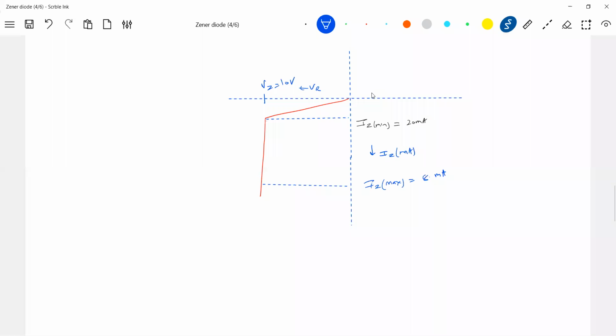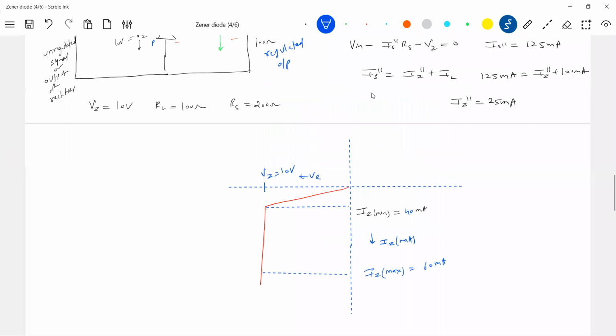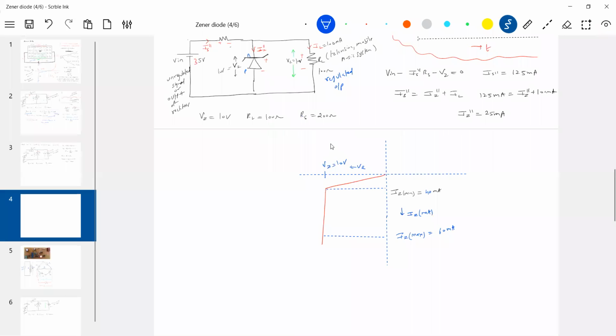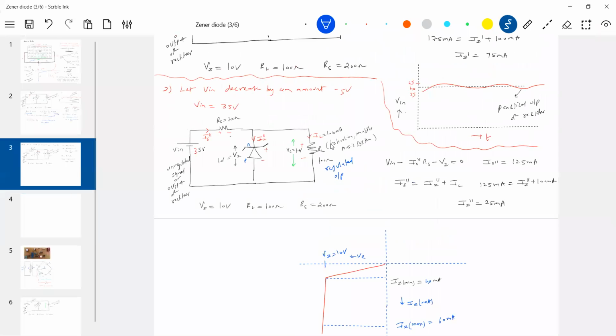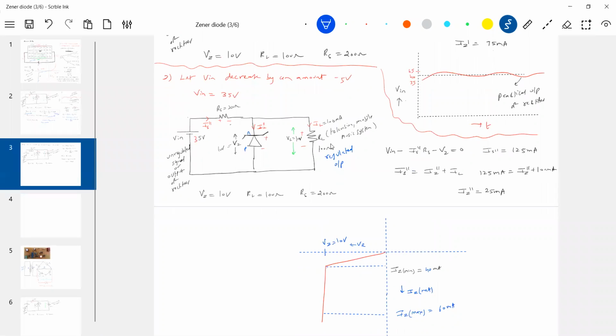Now, if you operate the Zener diode anywhere here, I think so. If you operate the Zener diode in this region, it can cope. If you have a Zener diode where this is 40 milliampere, will it work for this circuit? And if you have a Zener diode where this is 60 milliampere, can it really regulate here? What is the maximum Zener current? 75 milliampere. But what is the maximum current the Zener diode can permit? 60. When current more than IZ max flows, what happens to the Zener diode? It will burn out.